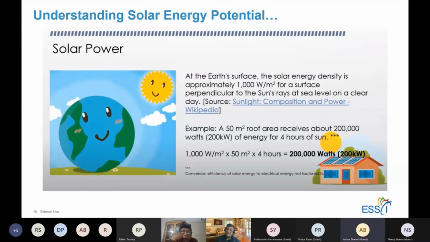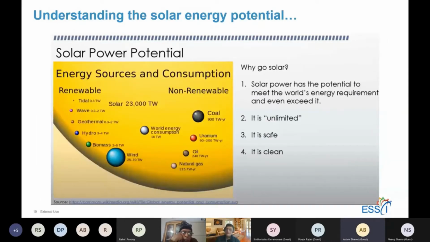The conversion efficiency is anything between 15 to 20% of the light, which is of the energy that is falling on the module. So because of the module efficiency issues, you may actually get a fraction of the total energy converted into electric energy, and then it will have to go through all sort of other losses. There will be soiling losses, there will be losses in the string or the wire, there will be losses at the inverter. So the actual final energy that you are going to use will be a relatively smaller fraction of the total energy that is available to you.